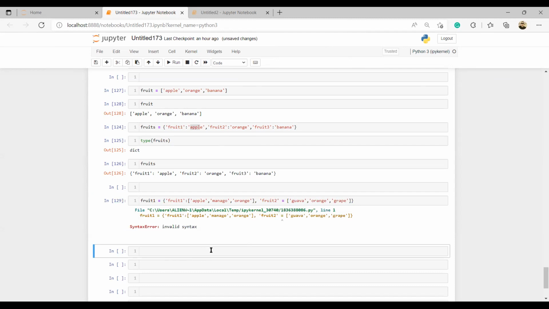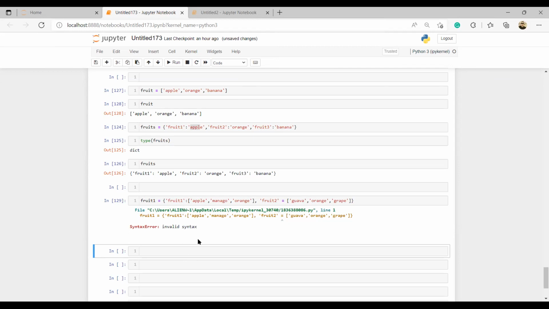Now let's look at it. What's the problem? We have fruit 1. You have orange in fruit 1 and fruit 2. Does that matter? A variable can take anything. But what's the error here? You have a definition for fruit 1 already. This is a variable, this is the content, and you put another variable inside it. That doesn't matter. So what's the problem here?